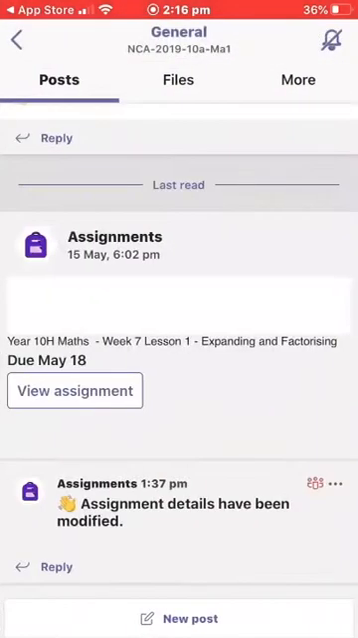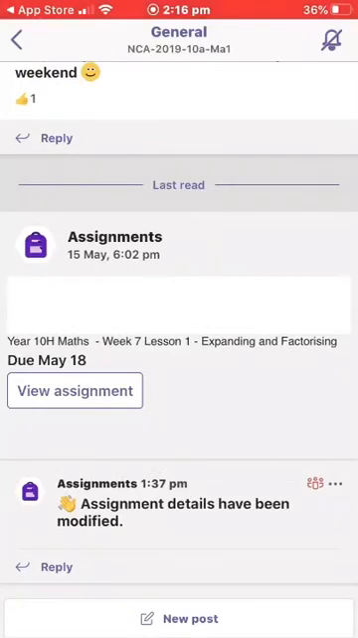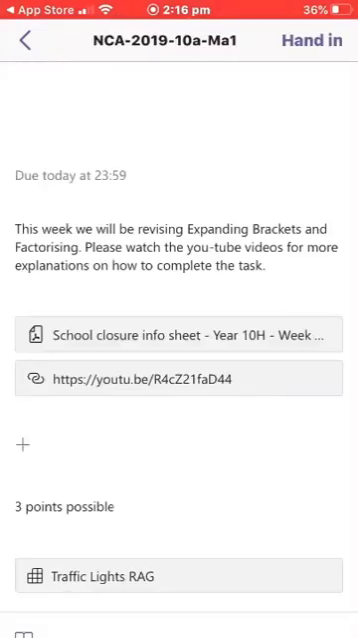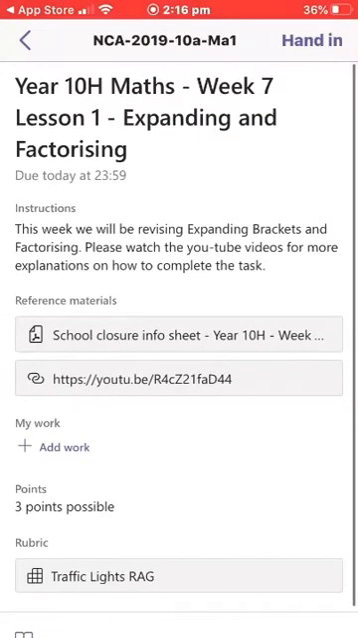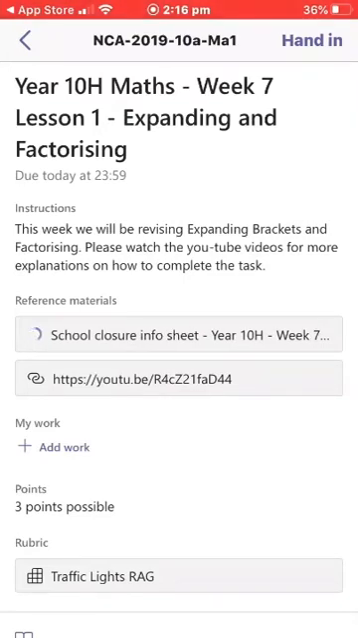So if I go onto my maths, I have an assignment here, which is week 7, lesson 1. So if I want to view that, it gives you the date of when it's due, when it was set, and a brief instruction on how to do it. And there's sometimes a link for videos or information sheets. So if I click on my assignment,